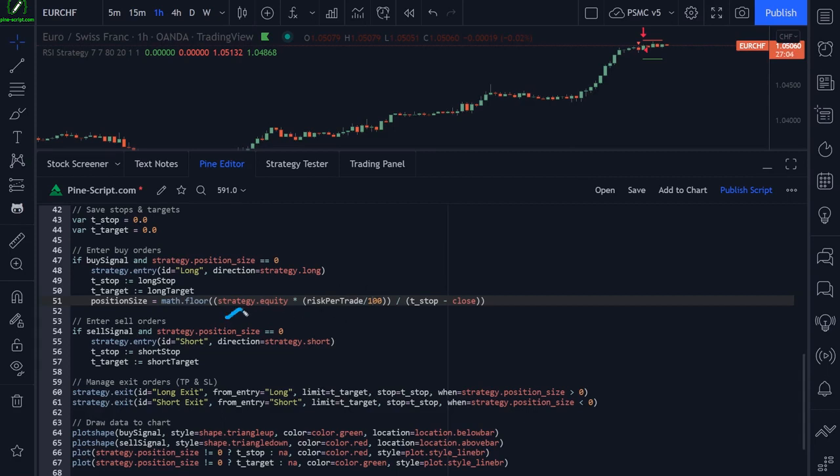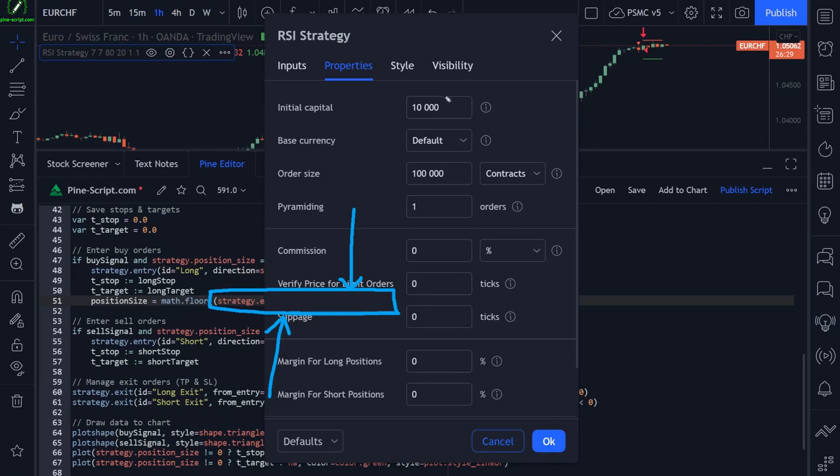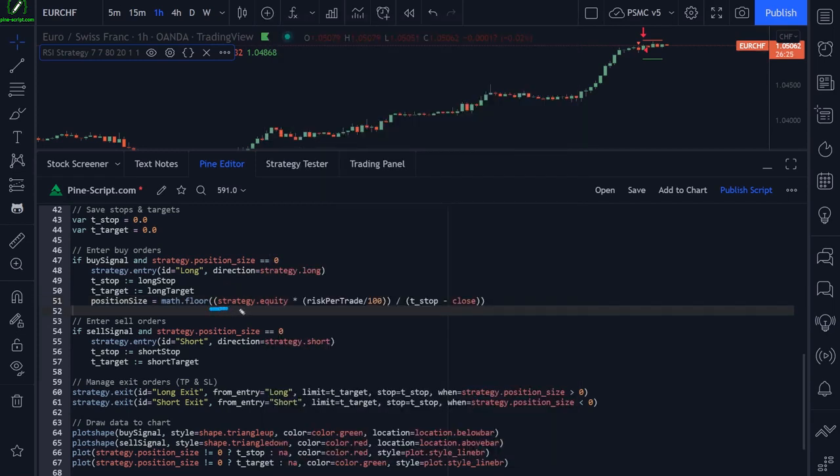So multiplying our strategy.equity, which is our current account balance, which also takes into consideration any losing trades or winning trades. So it's our running balance, our current account balance, not our initial capital. Our current account balance multiplied by our risk per trade. So by default, this would be 0.01, which would give us, this little parentheses section here would give us 1% of our initial account balance. So we have a $10,000 account. I've set up my properties here to have $10,000 in my account. This code here would calculate 1% of 10,000, which is $100, and then it would divide it by our stop